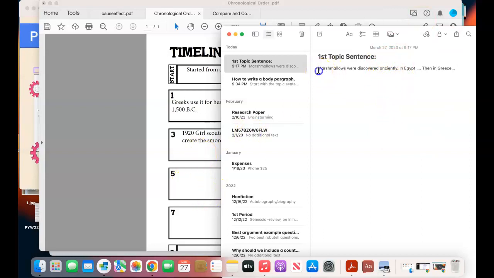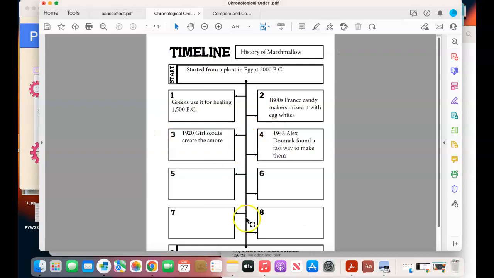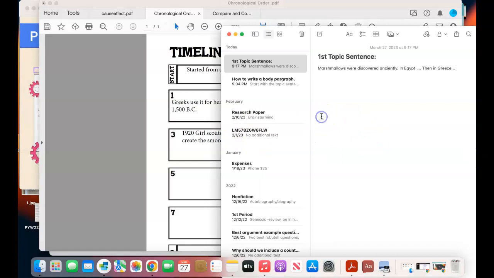So, you need to find a way to introduce it, right? Now, I could do the same thing. I've got the French candy, the s'mores, and these are all very different. So I'd probably want to make them all into paragraphs. But they all still need topic sentences. So for example, for the Girl Scout s'mores one, say something like,